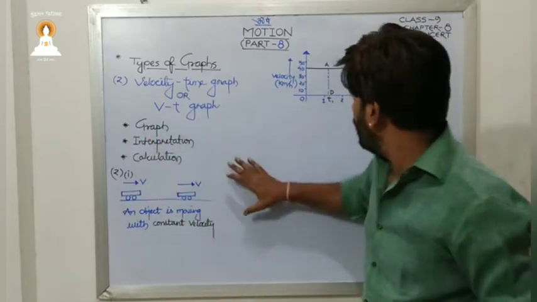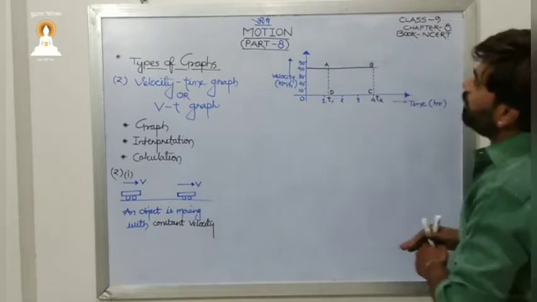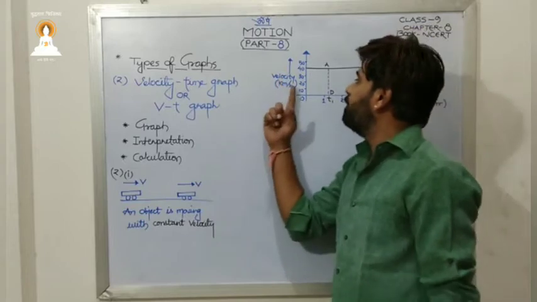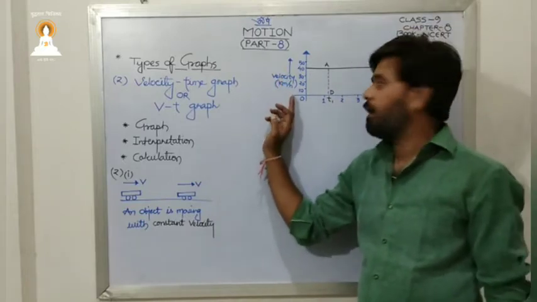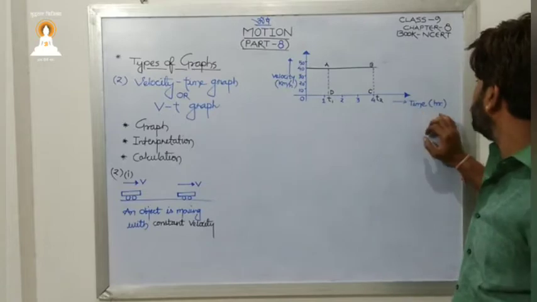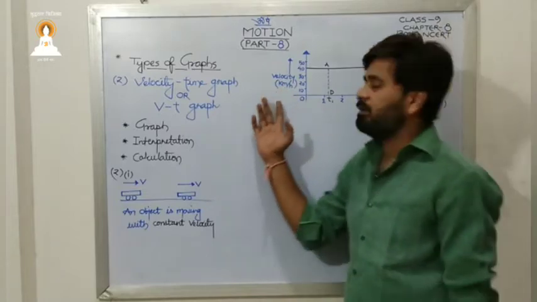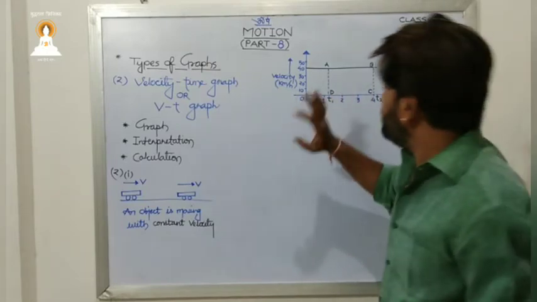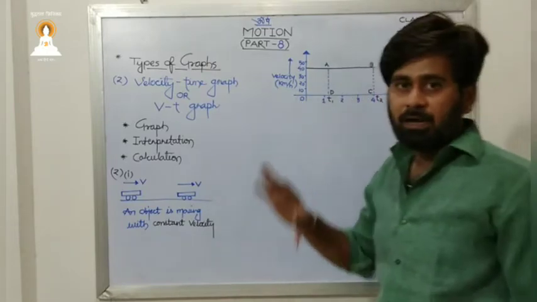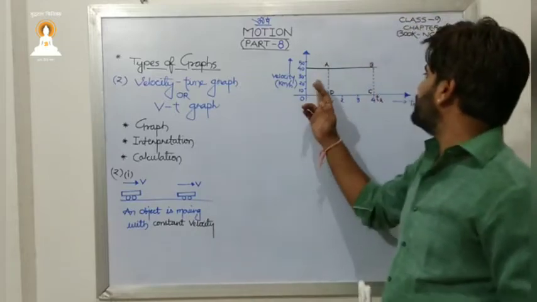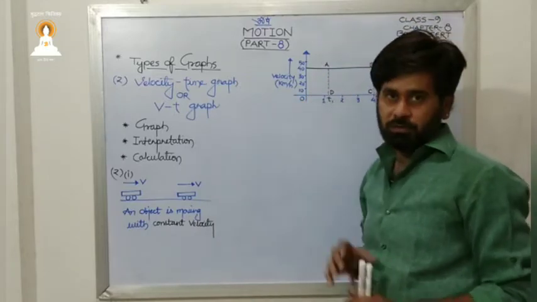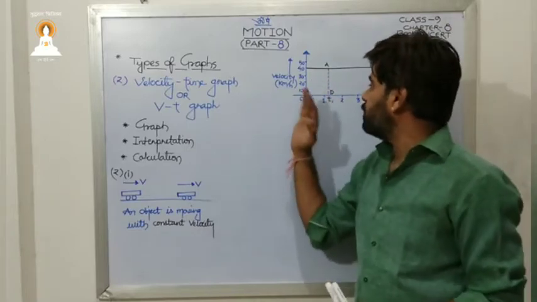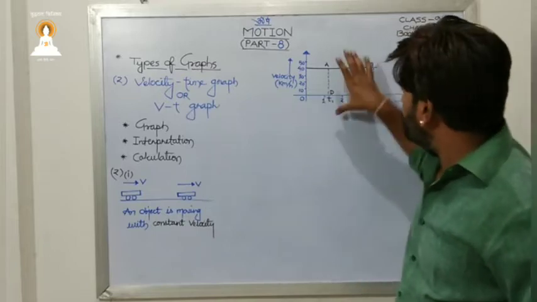Let us see, a graph is there, in which the y-axis has velocity in kilometer per hour and the x-axis has time in hour. As given, we may also have meter per second and second here. As we have already done different types of graphs, how to identify, this is one such graph. This is the practical situation. They did not give the situation, but they have given the graph, so accordingly we may observe this situation.